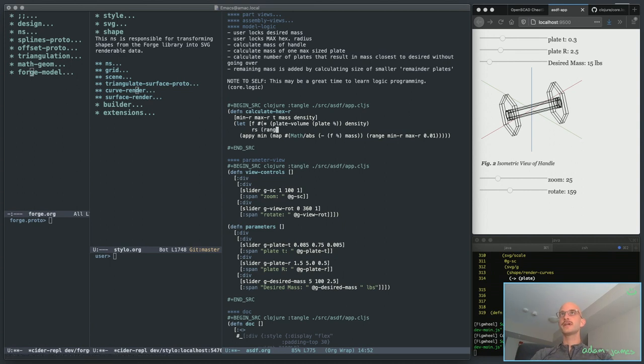Ours is range min r, max r, some step value, which I'll hard code here, right? So that's the r's. Oh, let's also do into vector